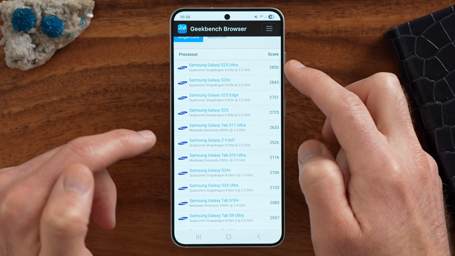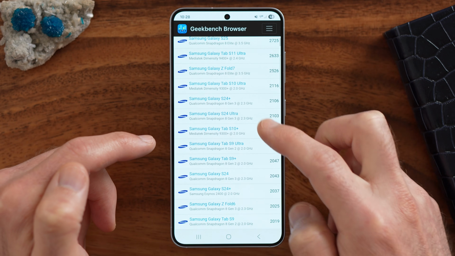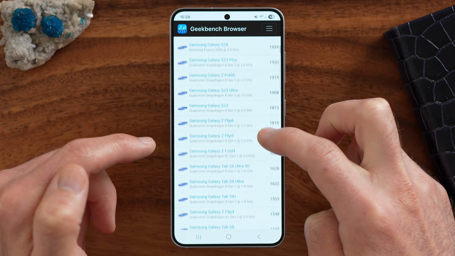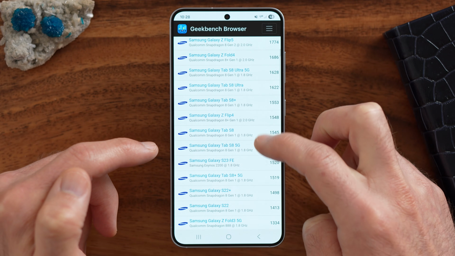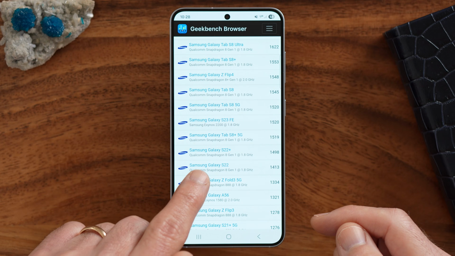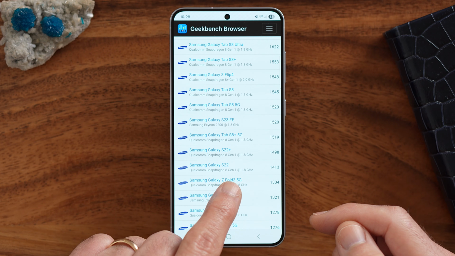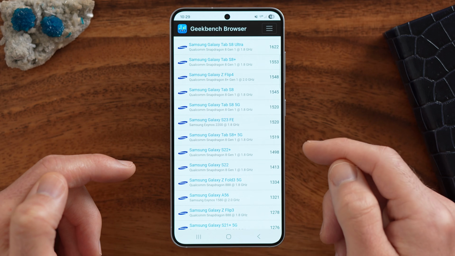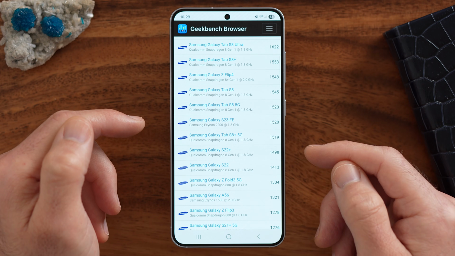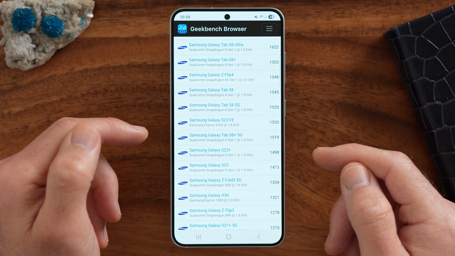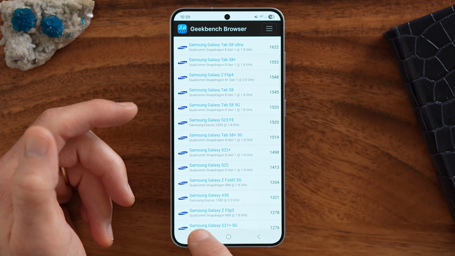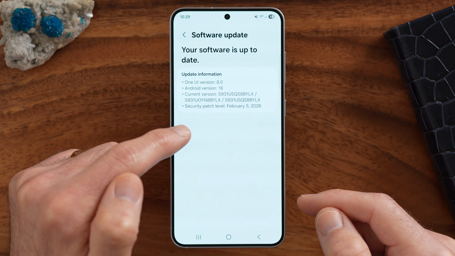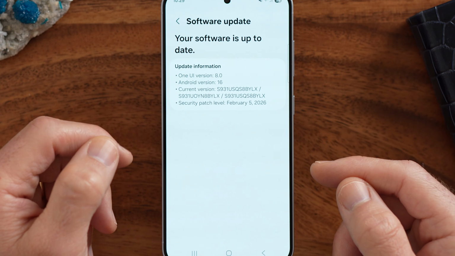It won't let me zoom in. But if I scroll down and I get down to about 1400 here, you can see at 1400 is the Samsung Galaxy S22. So if you have an S22, it's about half of the capacity or half of the speed of an S25. That means essentially if you update your phone, whether you have a Samsung Galaxy or a Google